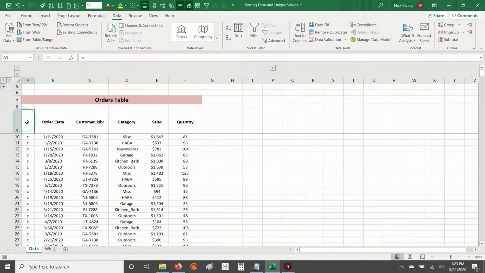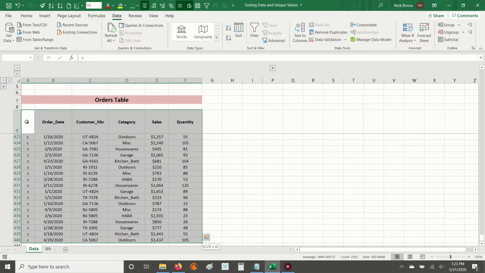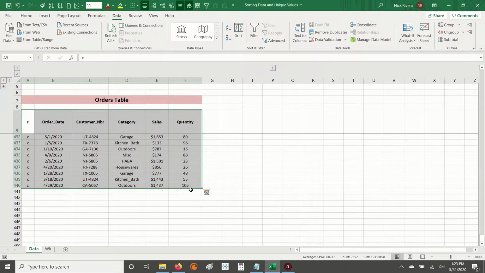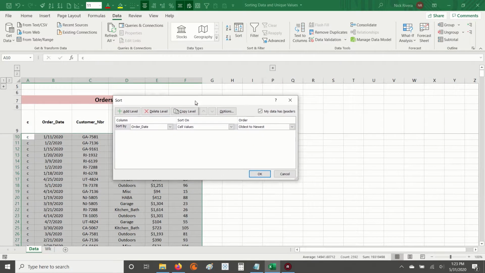To do that, we're first going to take our entire data set and highlight it all from top to bottom. Then you're going to go over to your ribbon up top and select the Data tab. Within the Data tab, you'll see over here, almost in the middle, this Sort option. Click Sort, and now